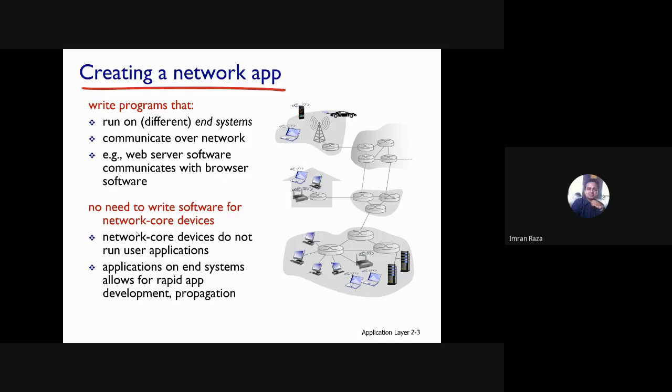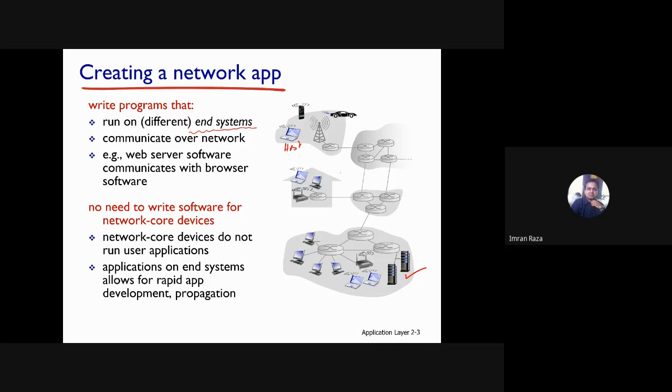Some part of the code will run on one machine, a client or a host, and the other part will run on the other machine, the server. The most important thing is that the network application runs on the end systems.